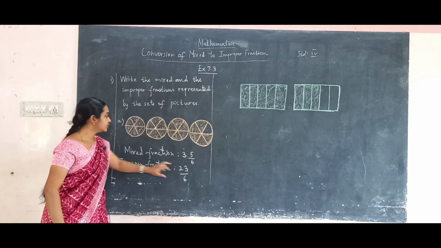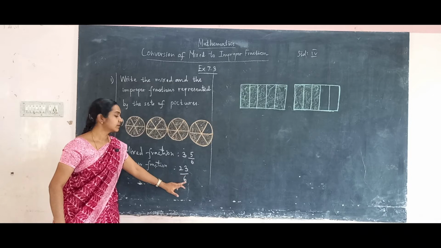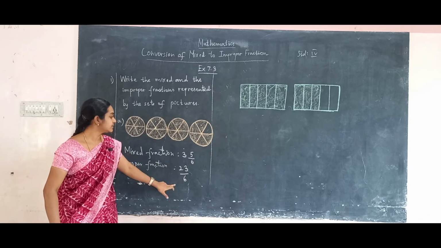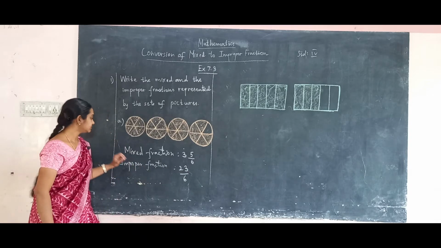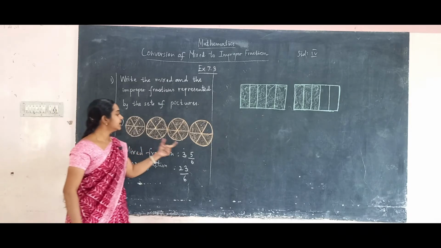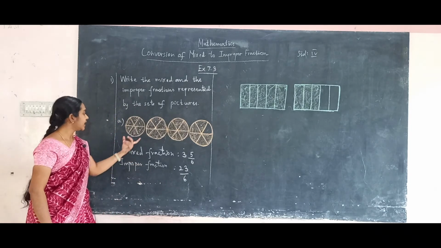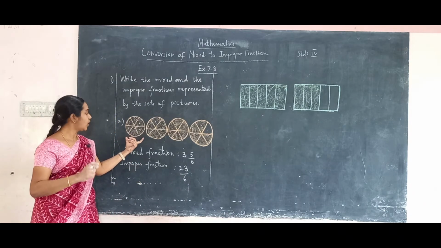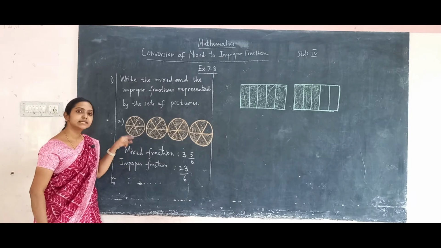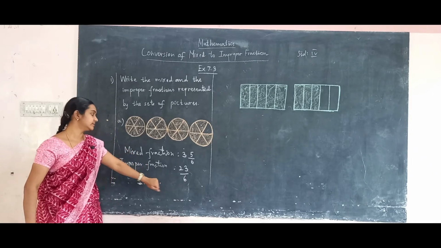You must look here. Both the fractions have the same number in the denominator. It must be the same, otherwise you have done it wrongly. The total number of parts that are shaded must be counted and written in the numerator, and we have to consider a part and count how many parts it is divided into. It is divided into 6 parts.